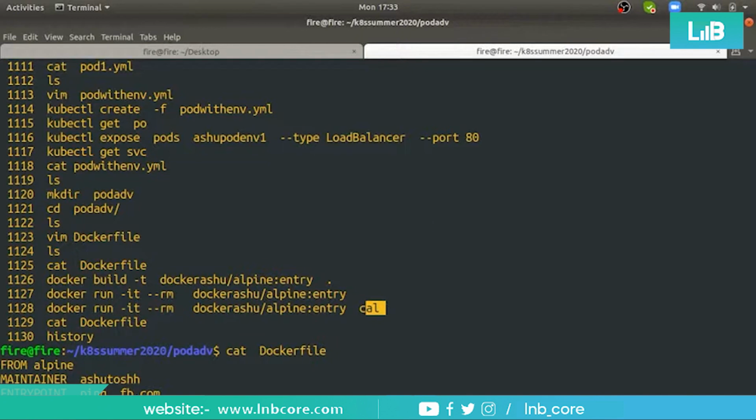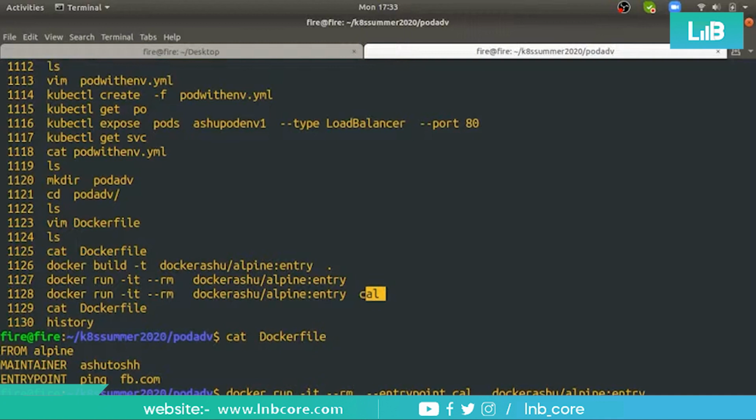Okay, fine. The right answer is, if I want to replace it, I cannot pass it as arguments. What I can do is use a keyword called --entrypoint. I can replace it here.